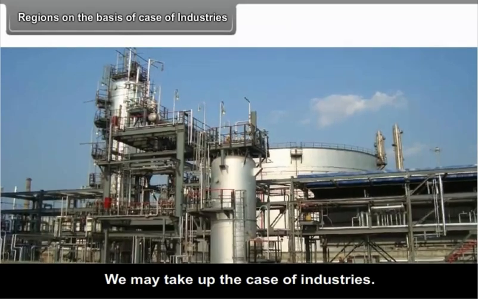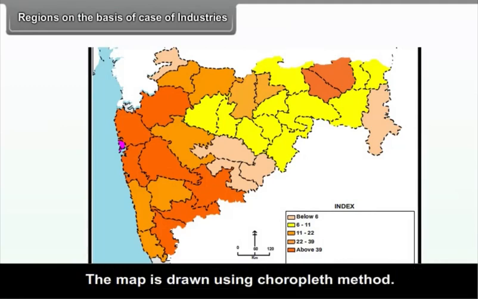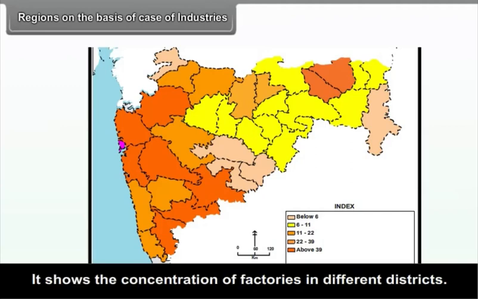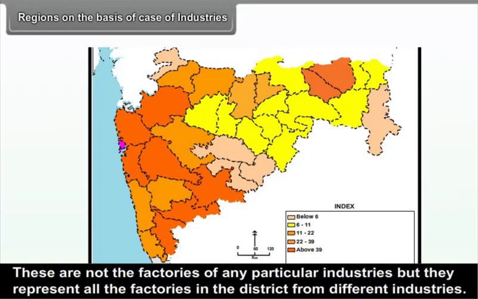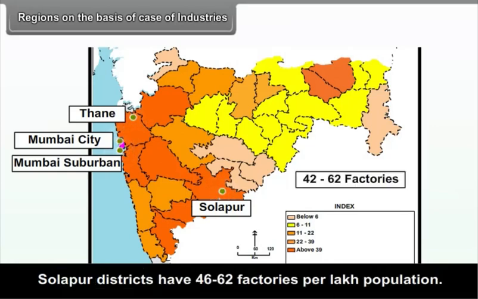We may take up the case of industries. In figure 1.6, a map showing number of factories per lakh population in each district is shown. The map is drawn using choropleth method. It shows the concentration of factories in different districts. These are not the factories of any particular industry, but they represent all the factories in the district from different industries. You will see that there is a concentration of factories in Mumbai city and suburban, Thane and Solapur districts